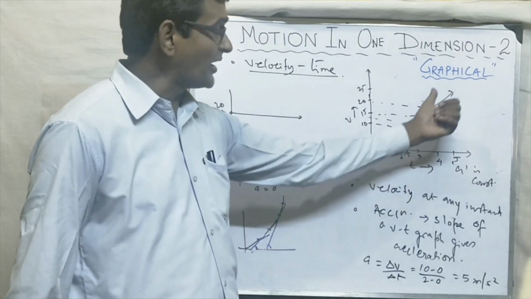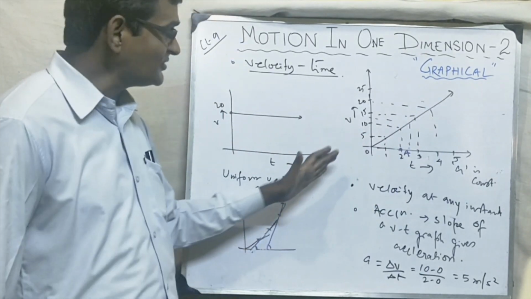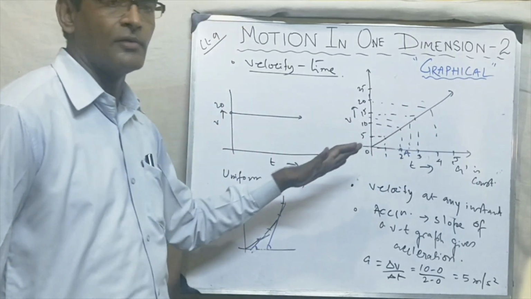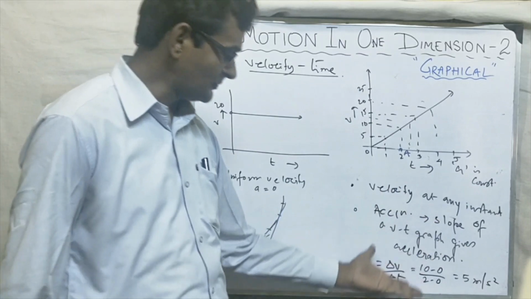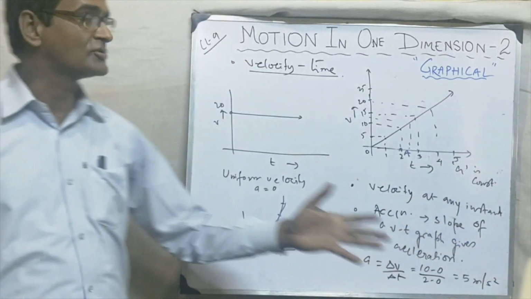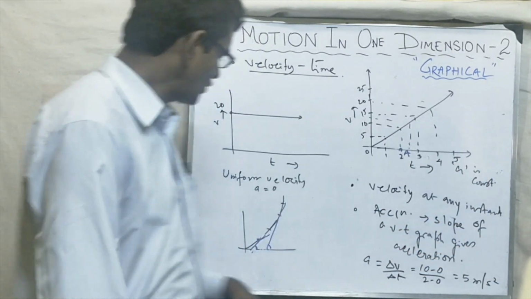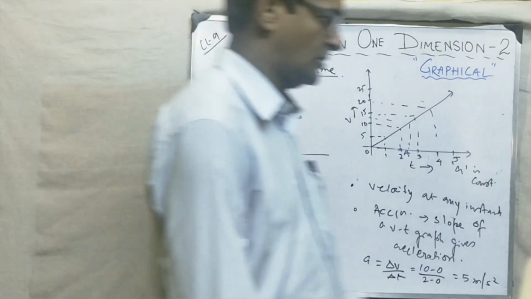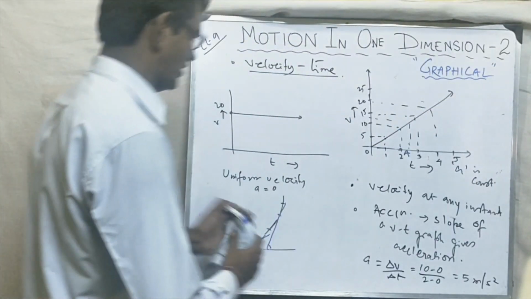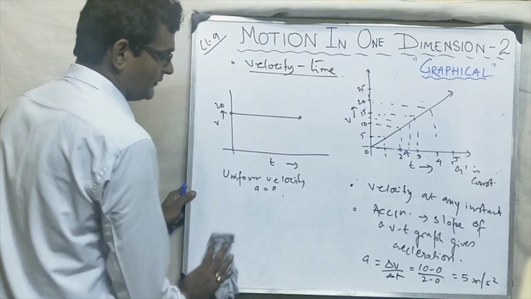Acha, what is in our syllabus? That this is a straight line, and when it is a straight line, the angle will be the same, so the slope will be the same, the acceleration will be the same. So constant acceleration. Okay, so this is not required. If you don't understand this part, you can skip it. I just told you for extra knowledge. Okay, so we are leaving this.